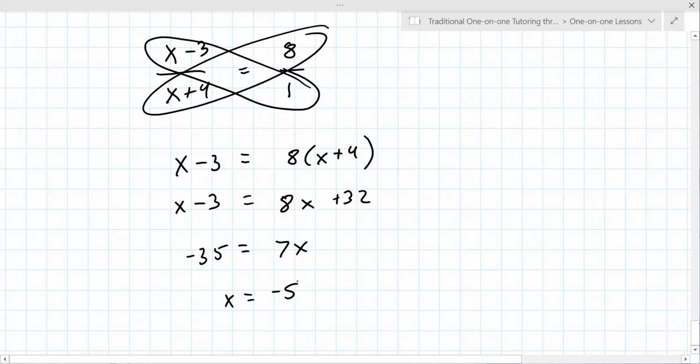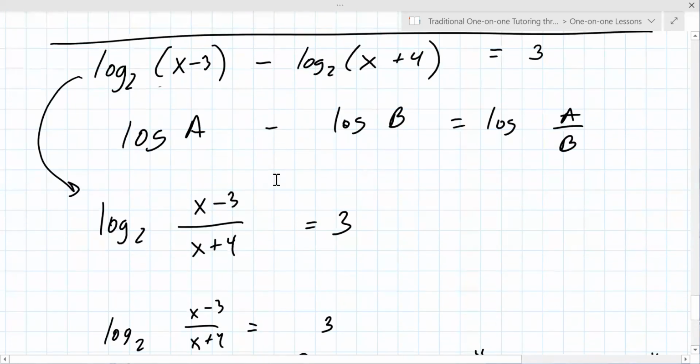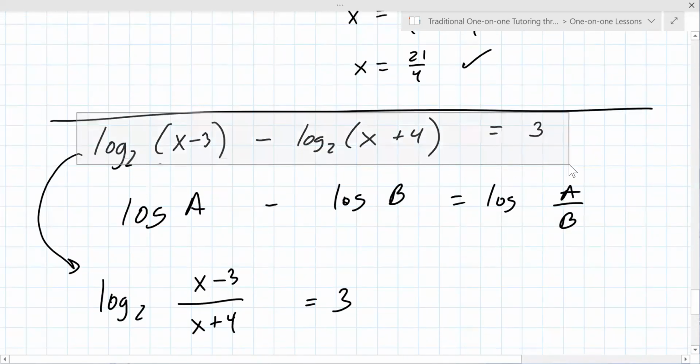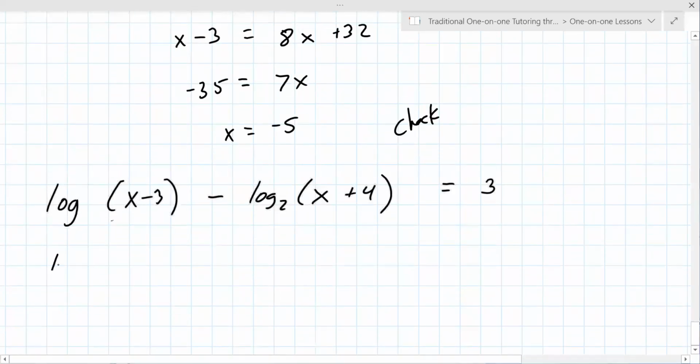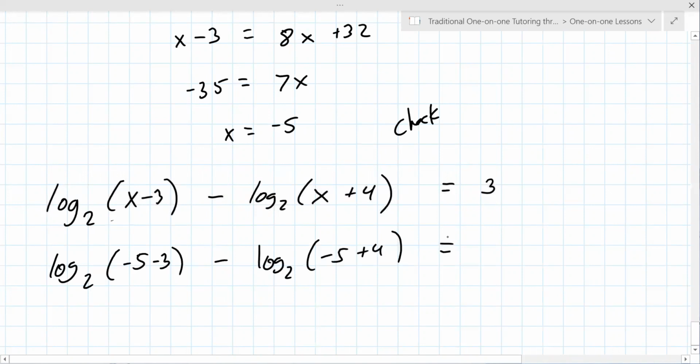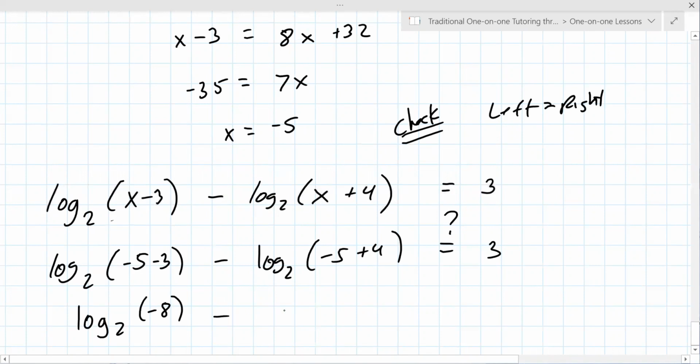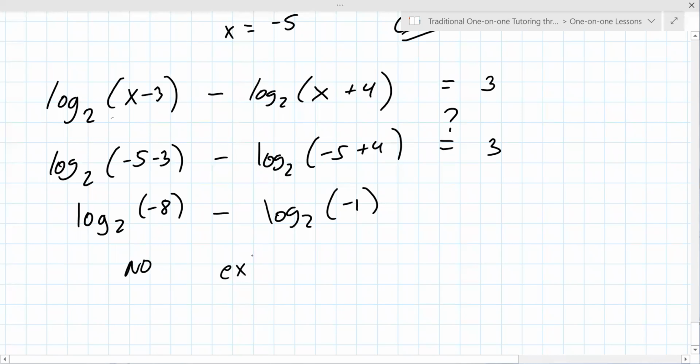Okay, now let's go back and check this. This is why I chose this problem. Let's go back and check it. So here's the original. Remember, you always go back to the original. Log base 2 of negative 5 minus 3, minus log base 2 of negative 5 plus 4, equals question mark, 3. Check means the left has to equal the right. It's not manipulation. So are you allowed to take the log of a negative number? No. So this is extraneous,